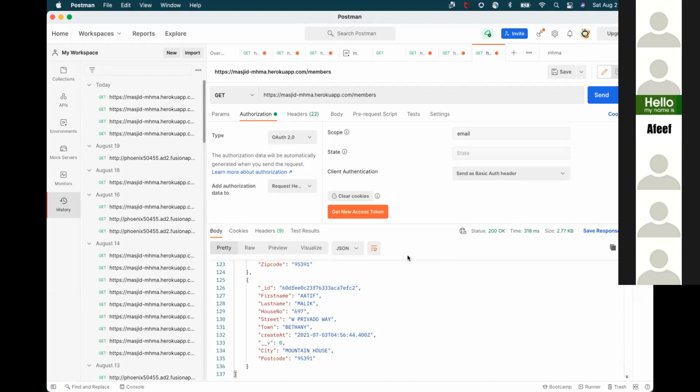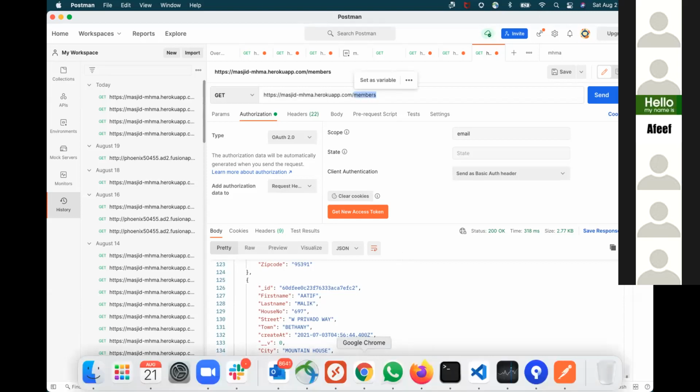Just a quick question. In the request you're sending right now, you're saying get, and then you're passing it the website, and then members. Is members a page on our website? Members is the REST API.